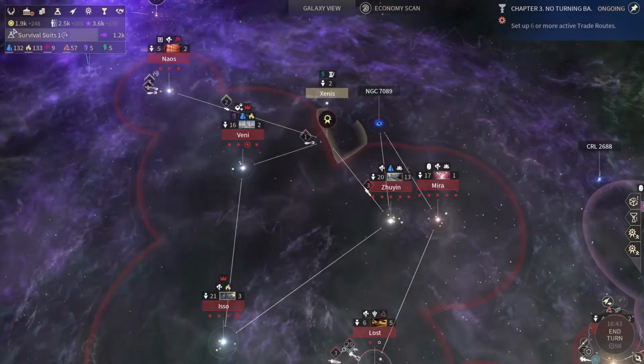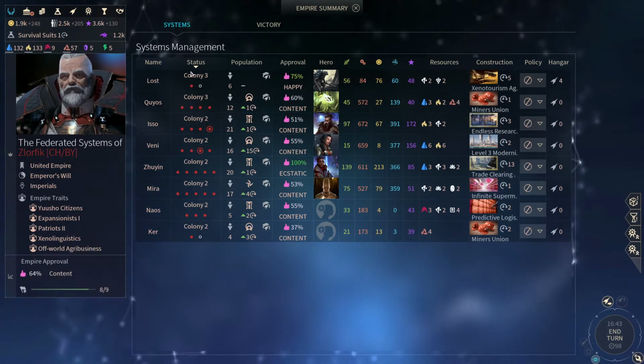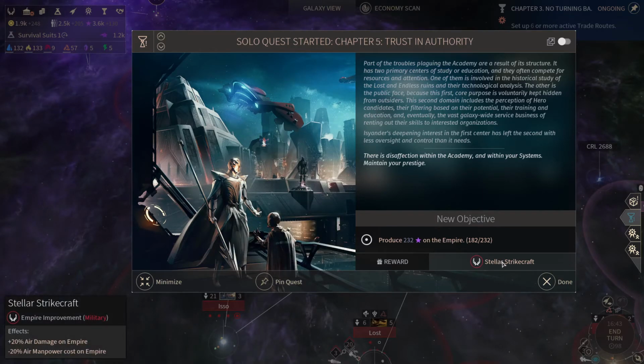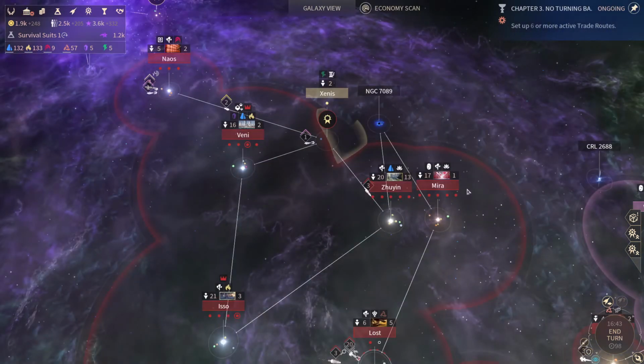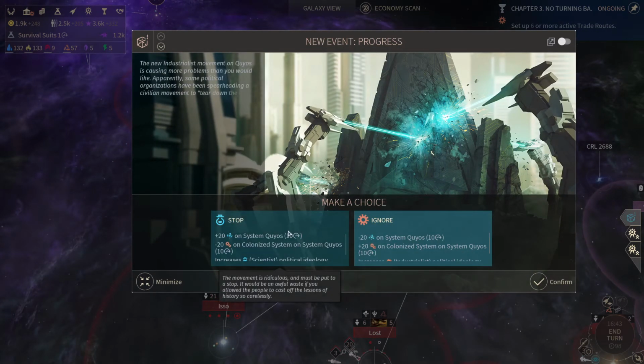This has also come to an end, so now we really have, again, happiness problems. Now it was recognizable, the drop mostly in influence. We need to produce 232 influence in the Empire for a stellar strikecraft technology effect: air damage and air manpower cost. It's actually fairly decent, and this is super easily done by just getting rid of a law for a turn. It will come at a cost of reenacting the law, but oh well, that's not that big of a deal. And here